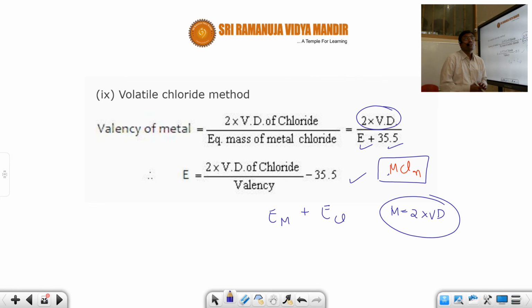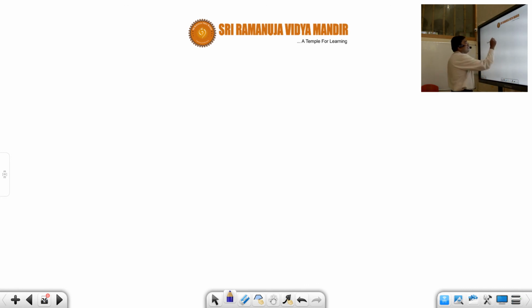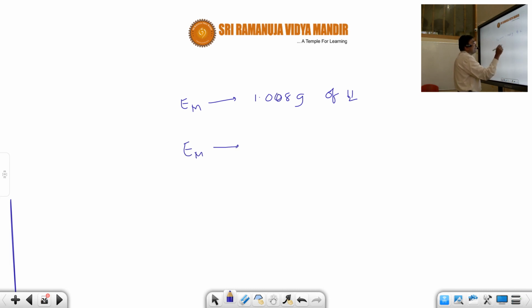So with what has been taught, determination of equivalent weights by several methods. What are the several methods? First, the hydrogen displacement method. You know very well, the equivalent mass of any element displaces 1.008 grams of hydrogen. Similarly, the equivalent mass of the metal displaces how much oxygen? 8 grams of oxygen. Similarly, the equivalent mass of the metal displaces how much, students? 35.5 grams of chlorine. This is oxygen and this is chlorine.